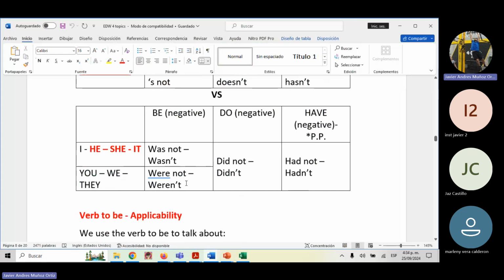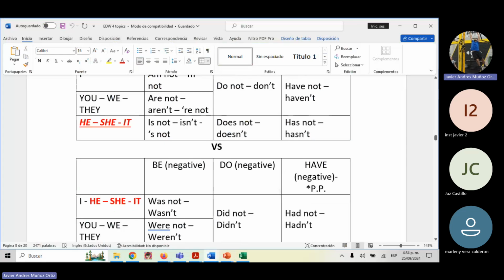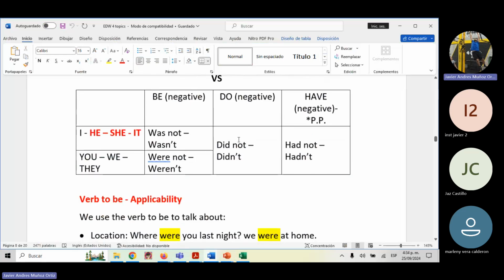I mean, this is a contraction because in simple present tense we had this contraction, right? Do you remember? Are not could also be mentioned as aren't. They're not, for example. They aren't, or they are not, for example. With negative sentences, we have the same structure. We do something similar because we can contract the negative form. Instead of saying was not, we could say wasn't. Instead of saying were not, we could also say weren't. So this is not very complex, I guess.